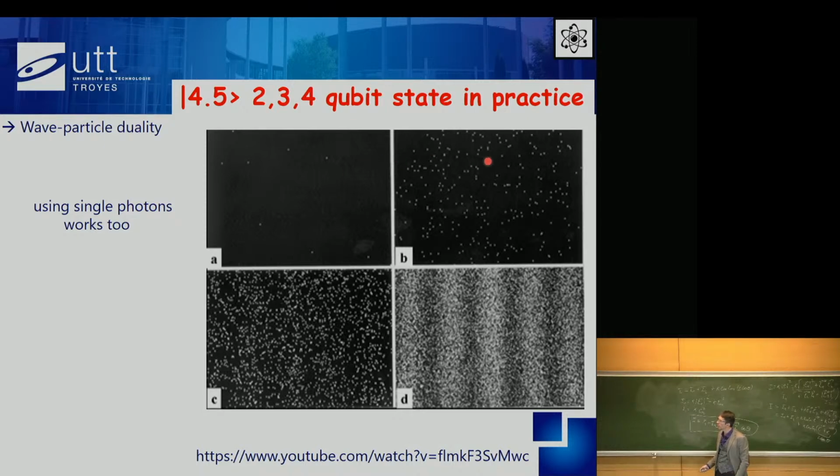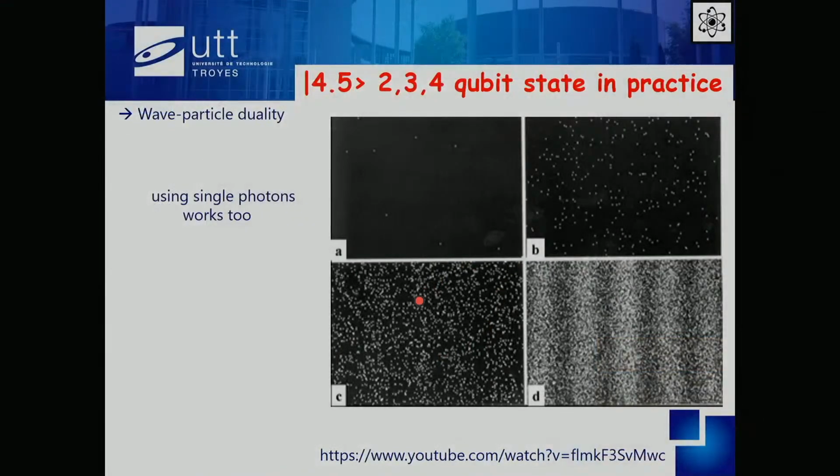Then I wait for longer, I do the experiment for longer, and trust me, it can take a very long time. You have more spots. Now it looks like a nice sky. Then you wait even more. Then you see more spots on your detector. But now you can start to see that there is some form of pattern coming up. And if you wait long enough, then what you see is actually this. And now clearly, you see a series of bright and dark lines, which is the exact equivalent to what I